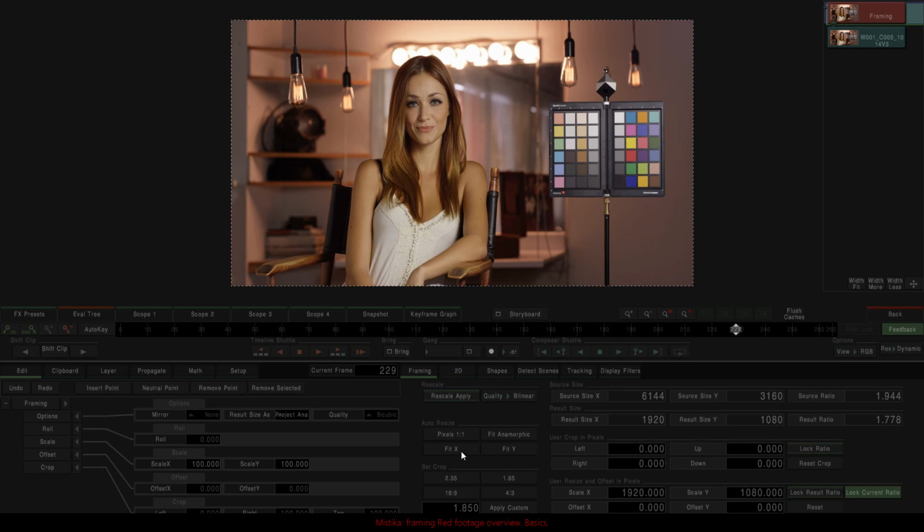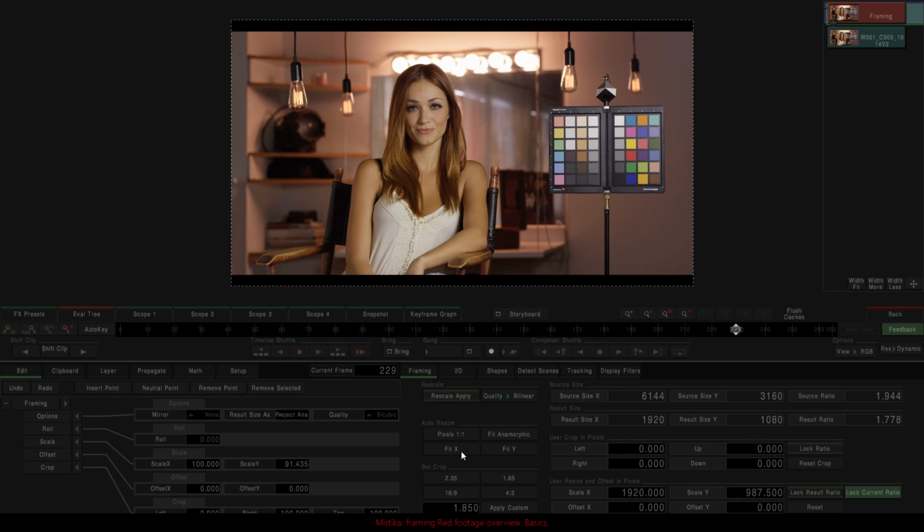So we know that we will have to work on one axis only, where either the X or the Y will rule. In this case, I could choose the X axis. So we can verify we have 100% of the scale X, and the Y scale, of course, is being reduced to compensate the distortion to 91%. And those values are being reflected here in pixels. But then we have the bars.